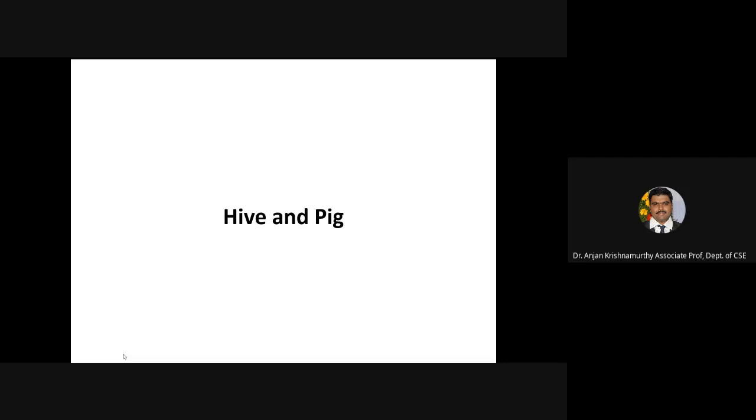So now we come to another two important technologies with respect to Hadoop, which are Hive and Pig. These are also very important tools used with Hadoop. Every tool, as we have discussed in the early part of this particular unit, is again a tool which sits on MapReduce to do certain jobs. Similarly, Pig Latin is basically a scripting language. Hive is basically a query language.